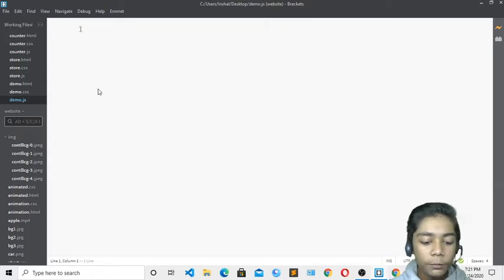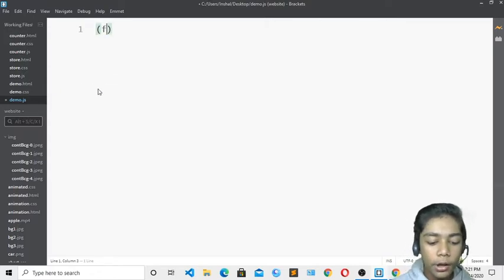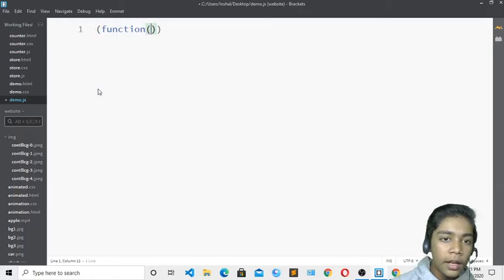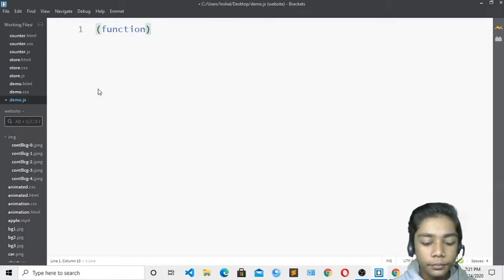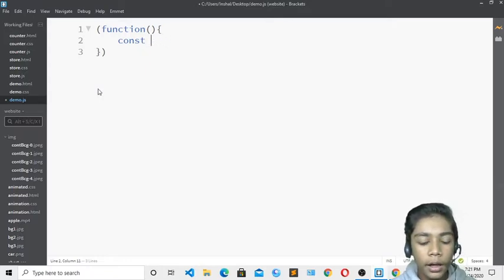Over here I will first of all write function tag, like I have told you. In that function tag I will define brackets, and now curly brackets, and underneath those curly brackets I will define my things. First of all I will define const, and const is screen, so I will erase that.